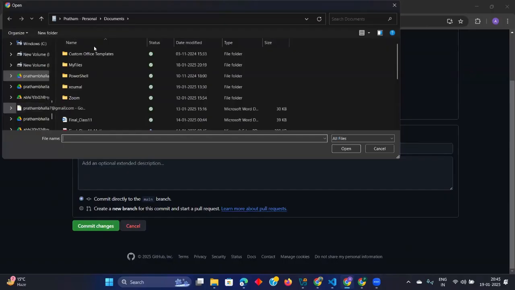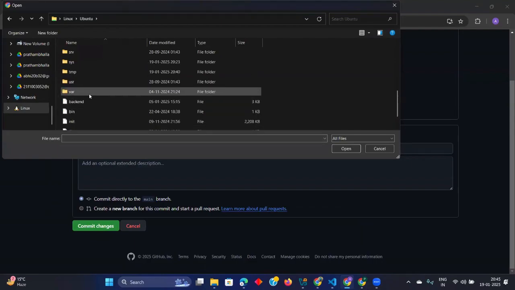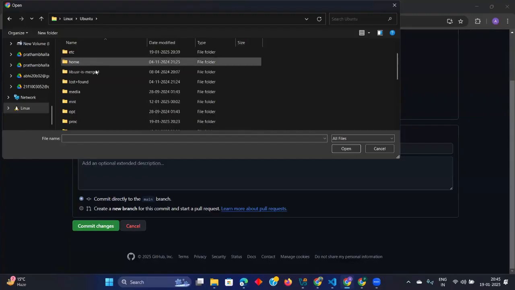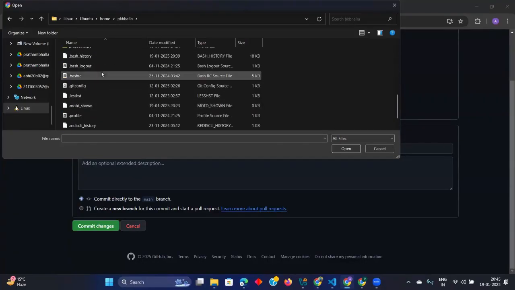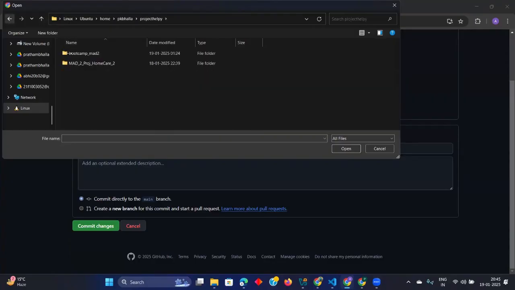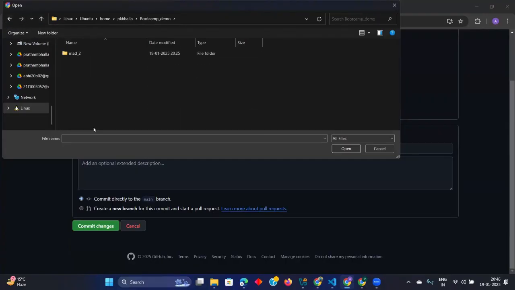We need to make a zip of that folder, correct? No need for zip. You can even select the folder completely, or you can just select all the files. The complete folder, no? Yes, like we used to upload in MAD1 for proceeding to our viva and all, like that. Let me just show you here. Let's say I use bootcamp demo. It is asking for